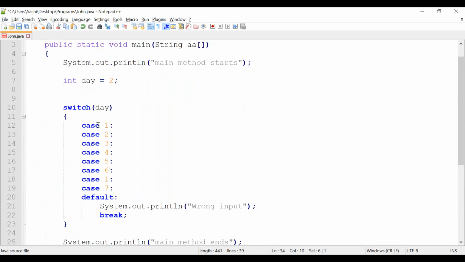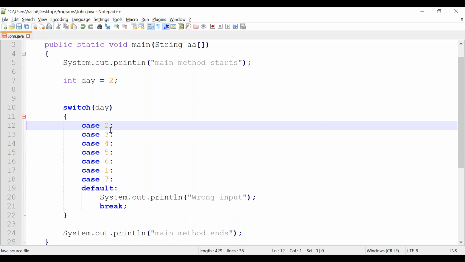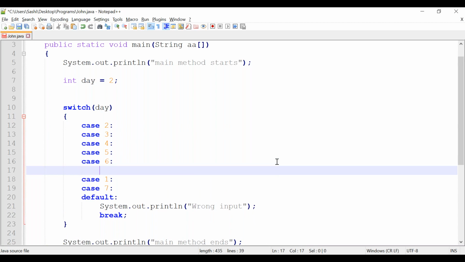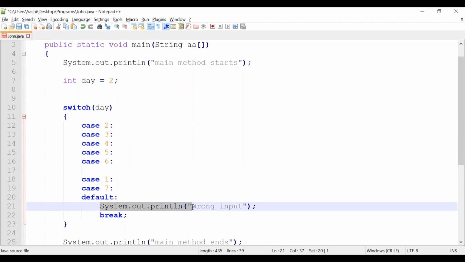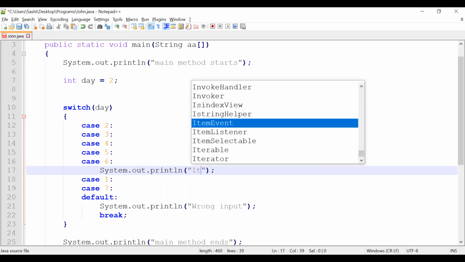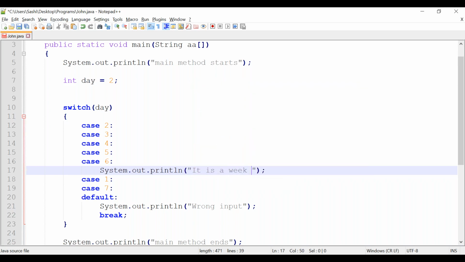So what I am doing is just moving this. Second, third, fourth, fifth, sixth, what is it? It is a weekday. You are getting my point? Suppose 1 and 7 means it is a weekend.